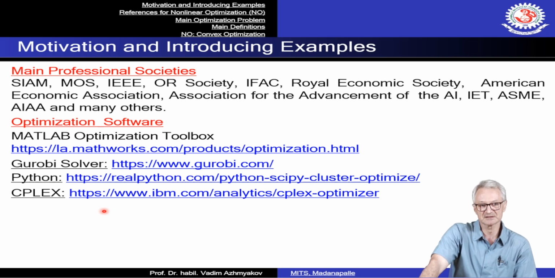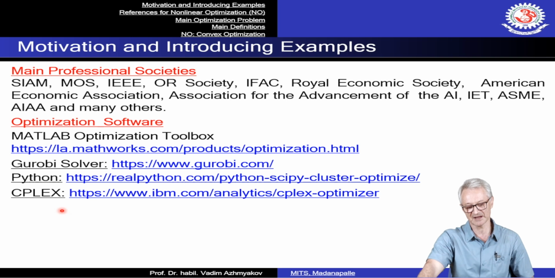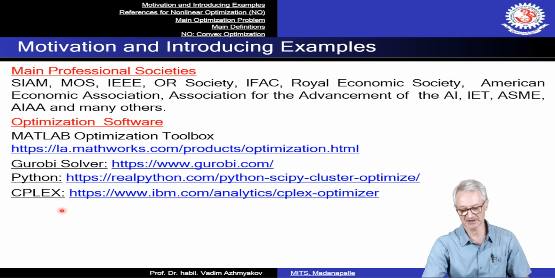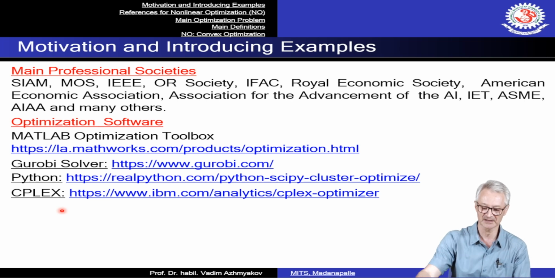In India and in many other countries, we have many Python users, and of course the big possibility to use Python in optimization also needs to be mentioned. We give here a link to the usual Python optimization page. And last, we indicated here Cplex. Cplex is one of the oldest optimization software packages, developed by IBM